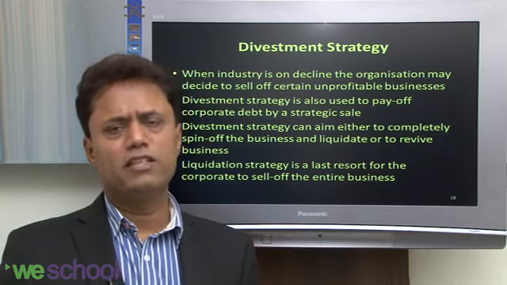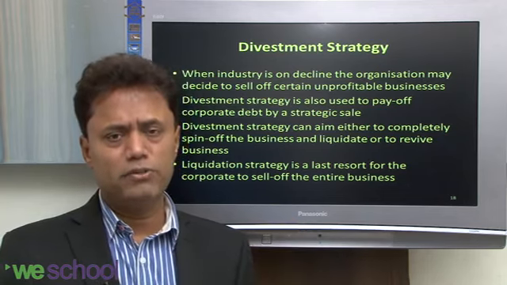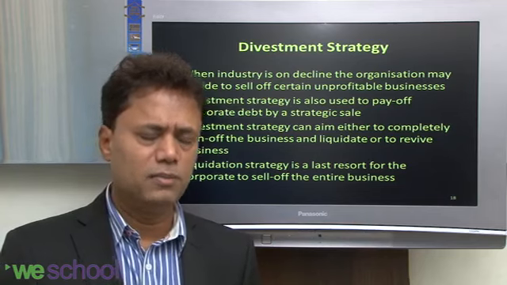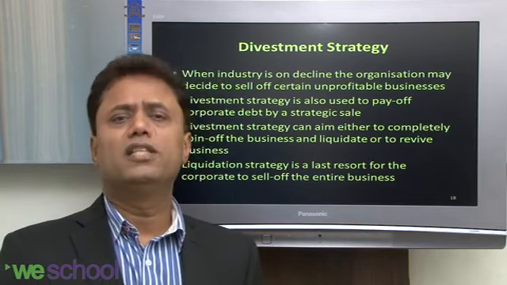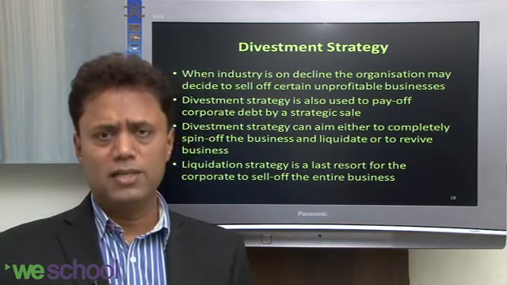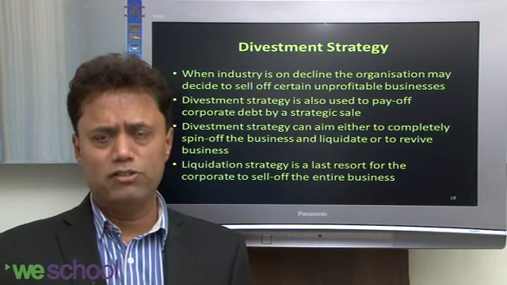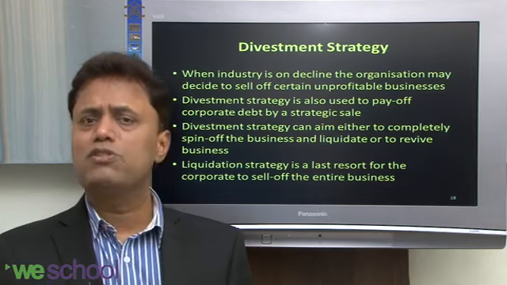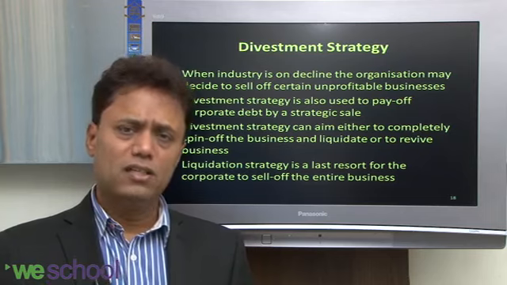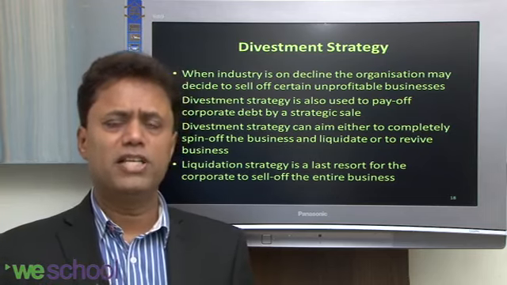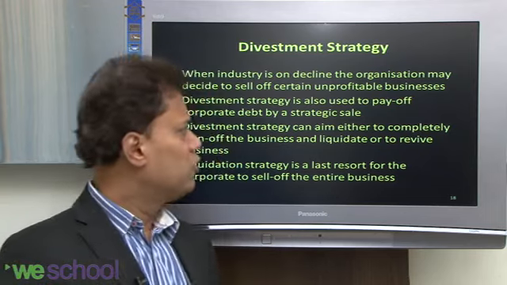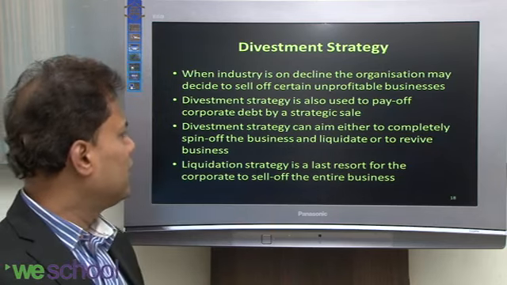By selling this cement unit in Gujarat for 5,000 crores to the Aditya Birla Group, which is the Ultratech Cement company, they were able to raise 5,000 crore. That money was used to pay off the debt, so they deleveraged the balance sheet. So I think it's a very important thing.